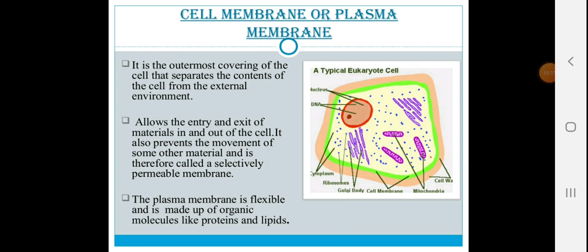This was the first part of chapter 5, the fundamental units of life, in which we have so far discussed what a cell is, who invented it, and what the basic constituents of the cell are. Further details about this chapter we will discuss in part 2. Thank you.